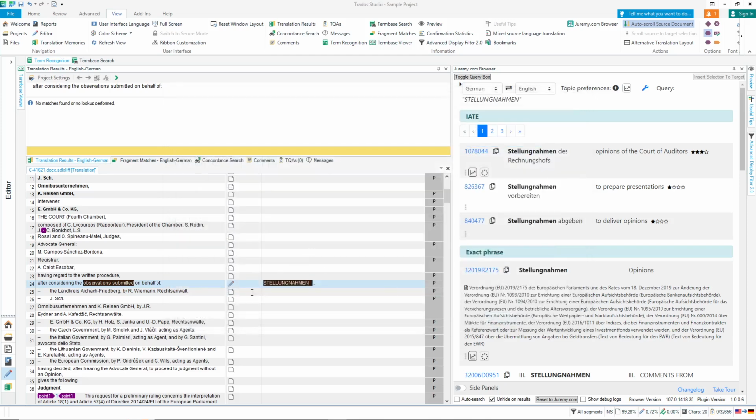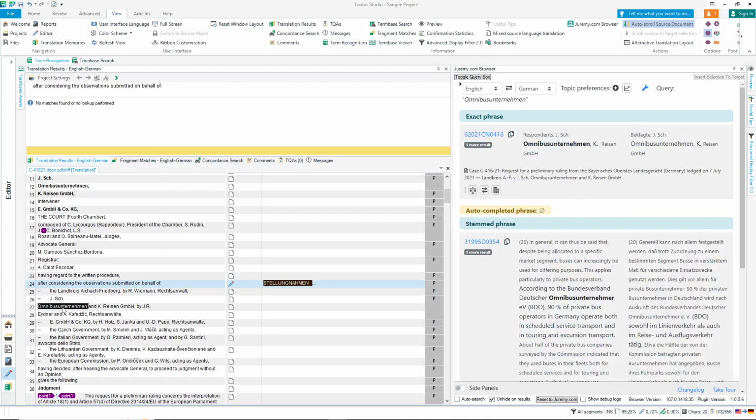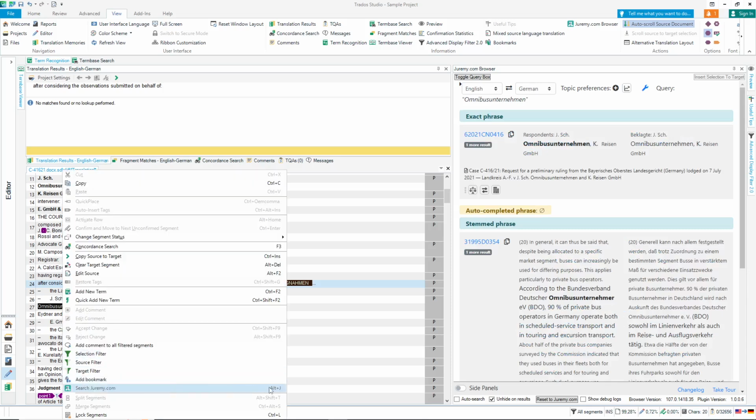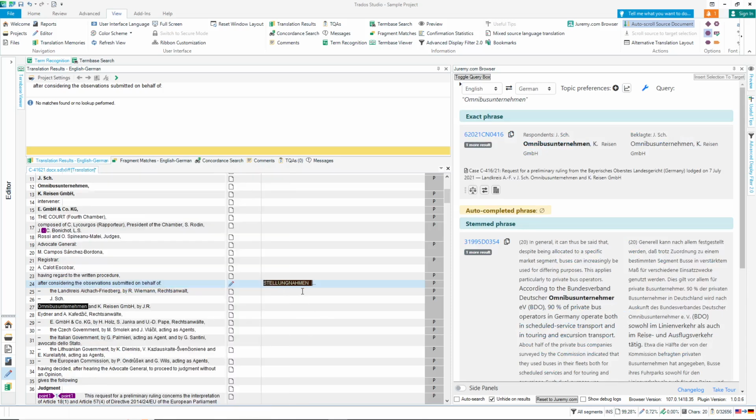Okay, and now if I highlight something and just press Alt-J, then it triggers. You can see that the shortcut was set. Okay, so that's great if you want to trigger search manually, but what you might just want to do is